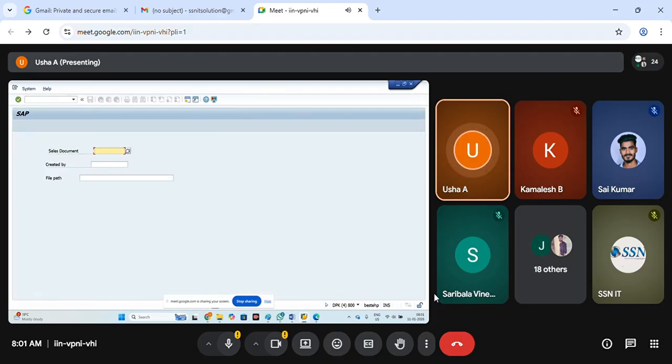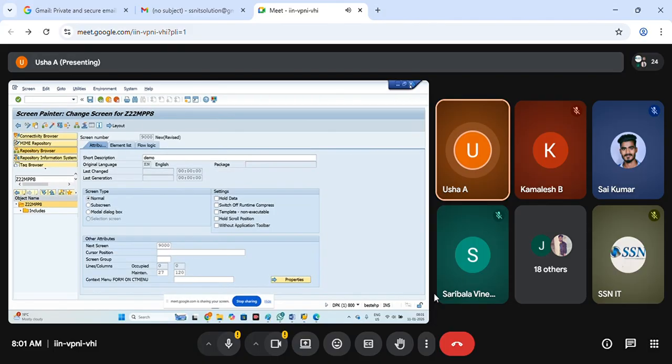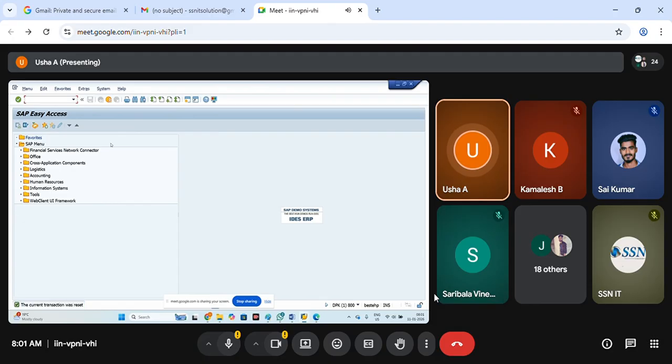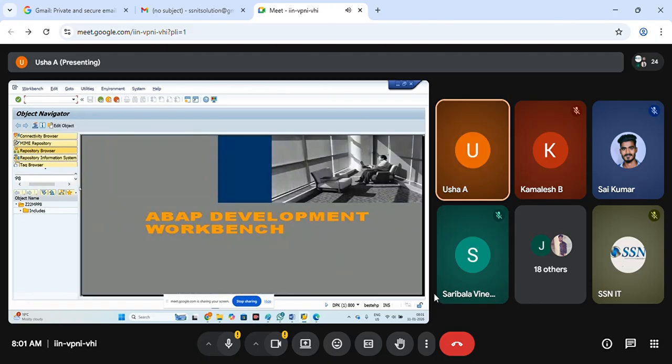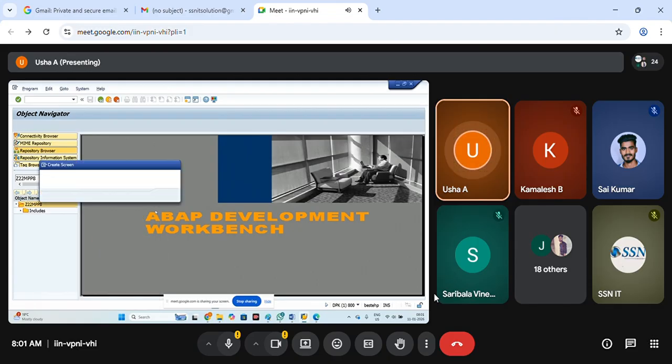No, connection is fine. Then something is wrong with this program only. Stop transaction. I'll open SE80 and this is the program. Right click, create screen.